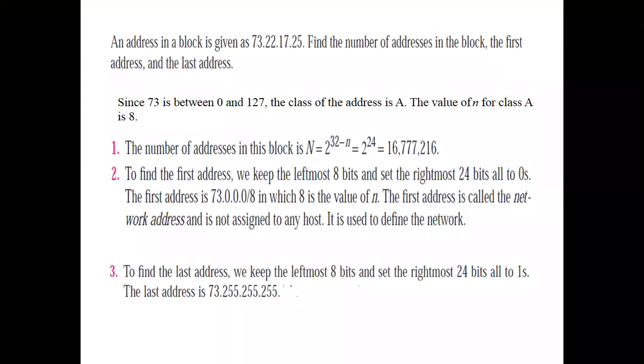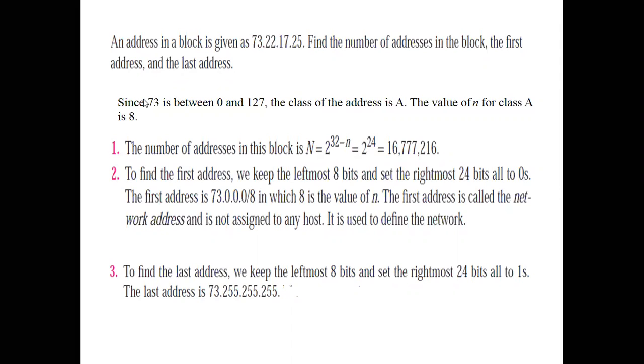In the given problem, one of the IP addresses is given. From that, you will have to find out the number of addresses in the block, meaning in this network block, how many addresses you can allocate. The first address and the last address you will have to identify from that block. Since we have